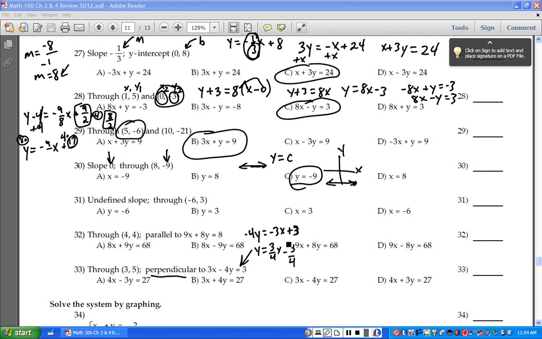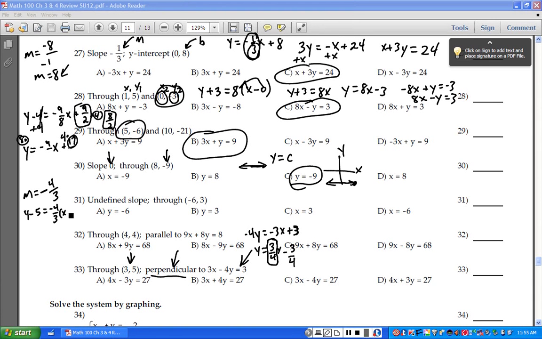So now I have slope-intercept form. But all I care about is the slope. So I found my slope to be 3/4. But I want a slope that's perpendicular to it. So that means my new slope, instead of 3 over 4, is going to be, flip it and change the sign. So my new slope is going to be a negative 4/3 because I flipped the 3 over 4 and changed the sign. So I have a slope, I have a point, so y minus y1 equals m